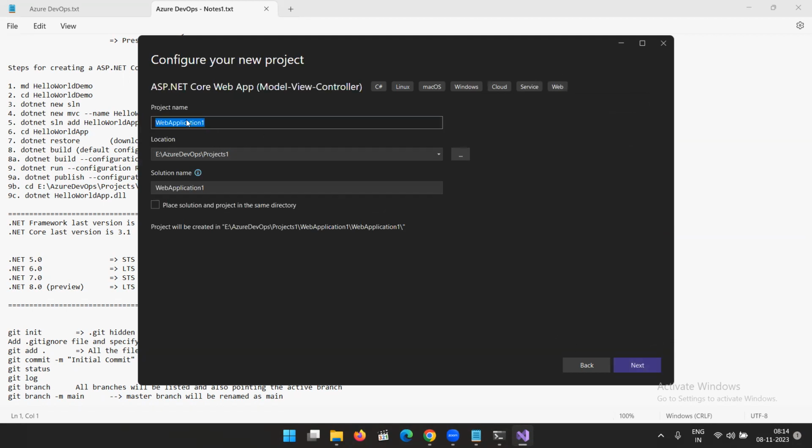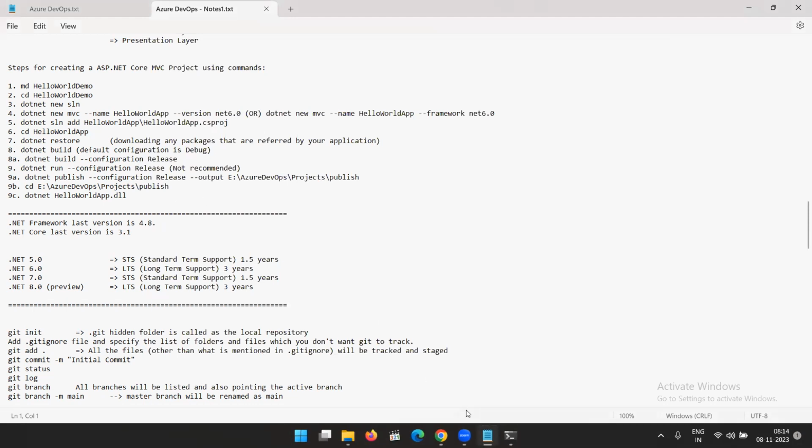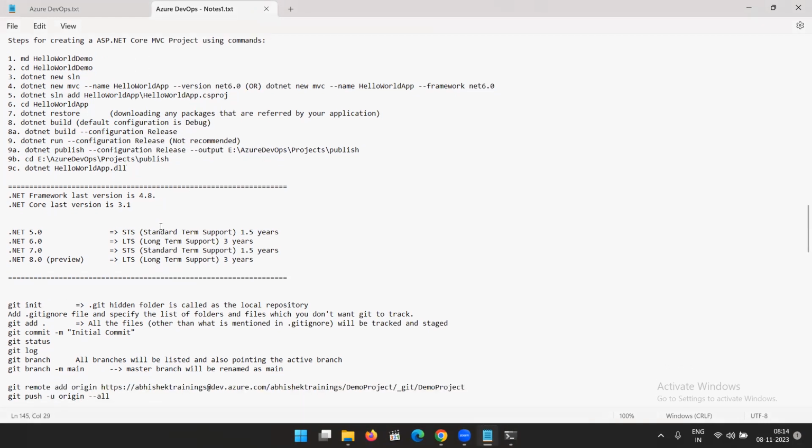It will ask some details: your project name, the path where you have to create this project, and then the solution name. What is the solution file name you can give? You will give it and click on next. It will create a project for you. That's simple. Okay. If you want to create from the console, you have to go through all these commands. Yesterday we have seen. Now, since we have created the project, yesterday I explained to you